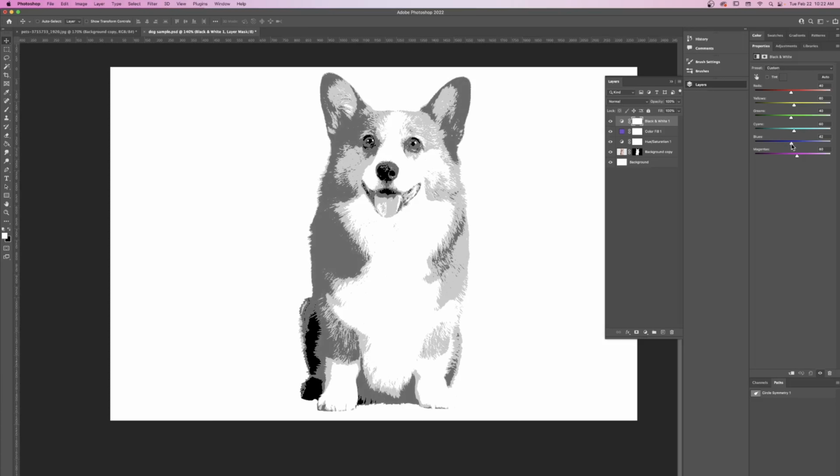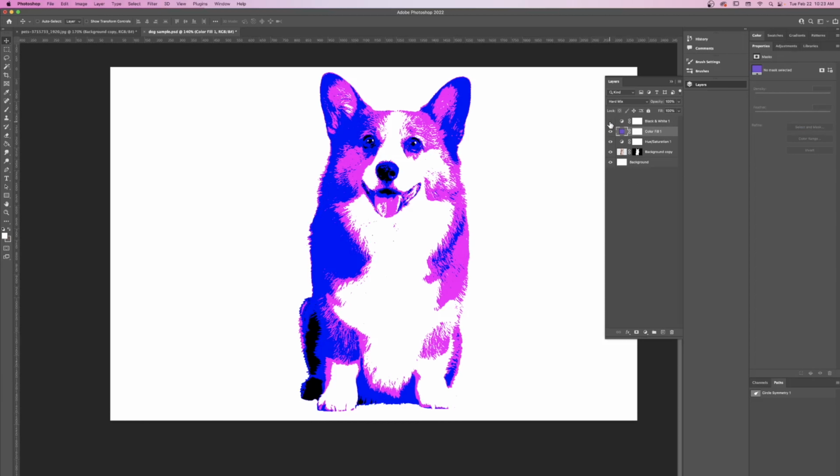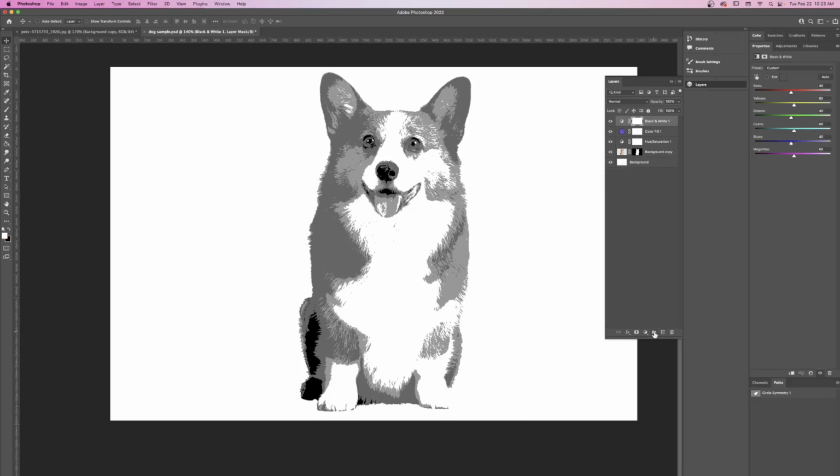I'm gonna move the blue up to 40 and the magenta to 60. Yeah, and you might have noticed that the magenta and the blue are the same colors that the hard mix layer was using. Next layer is